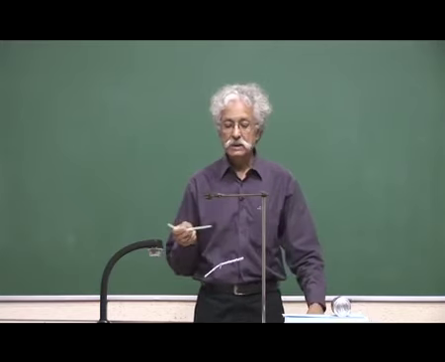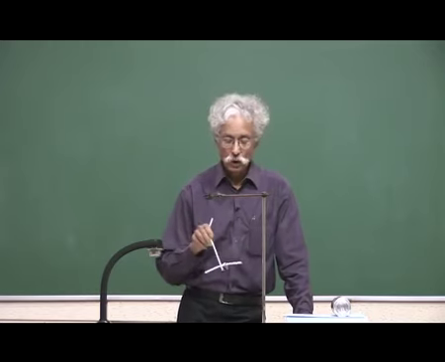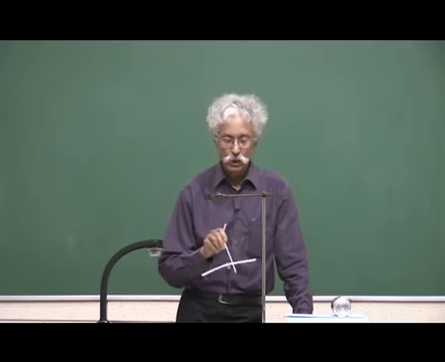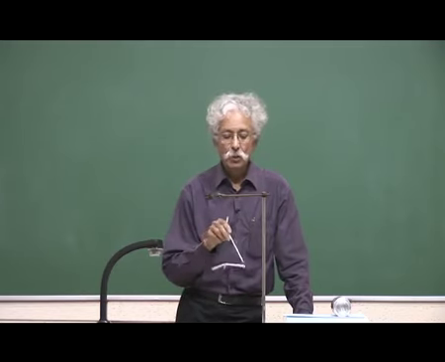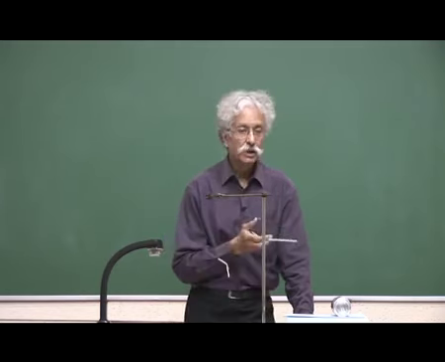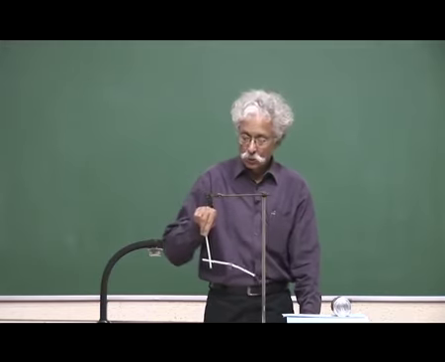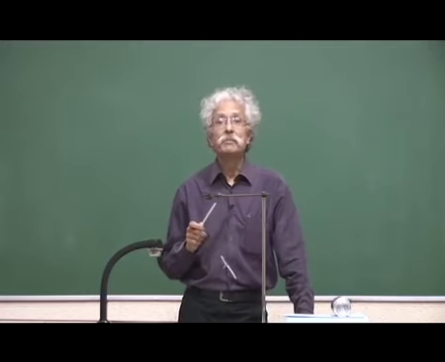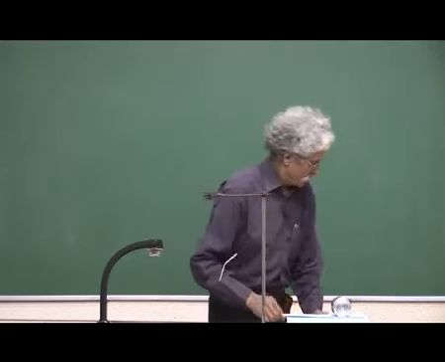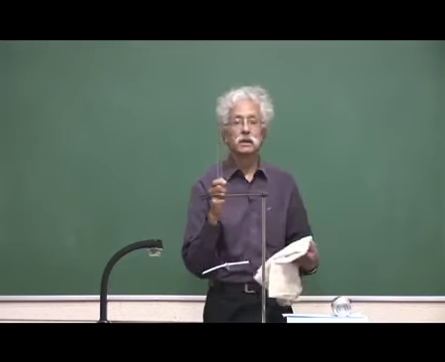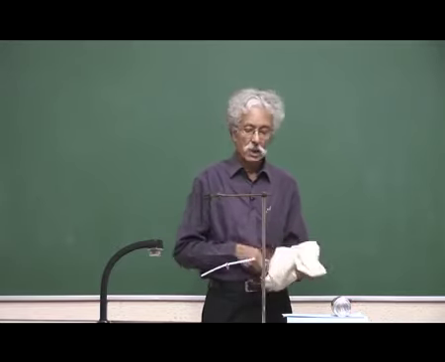You also notice that there is nothing connecting this straw and this straw. There is no string, there is no object, there is nothing connecting these two straws, but this straw seems to be pushing it. What is happening? Why is this pushing that? Why is this straw pushing the other straw without any apparent connection between these two? Let me similarly take a glass rod and rub with silk a few times